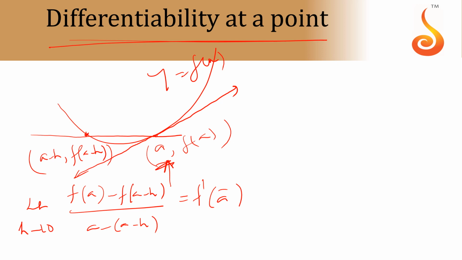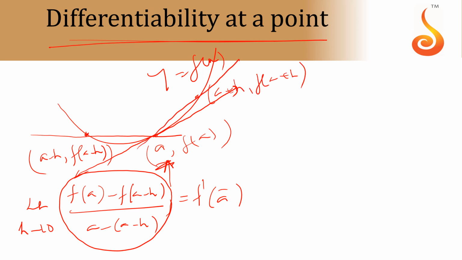So what is this? This is the slope of secant line. When limit h tends to 0, that slope of secant line tends to the slope of tangent line. That is nothing but the left hand derivative of that function at x equal to a. Left hand derivative. Now if I take the right side, a plus h comma f of a plus h, again that